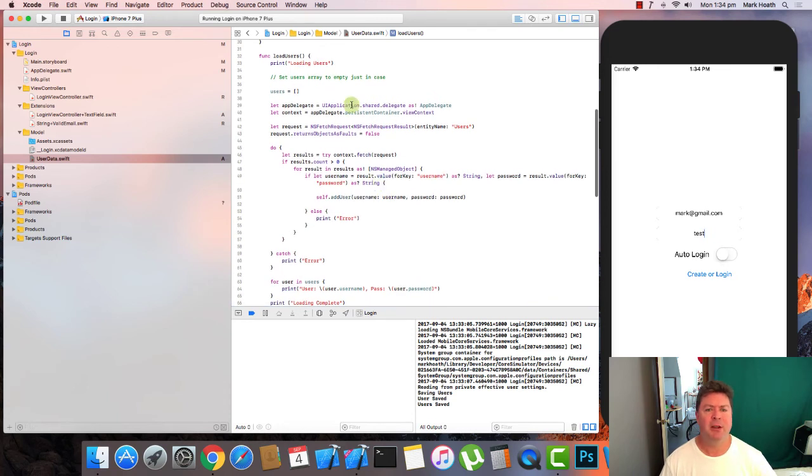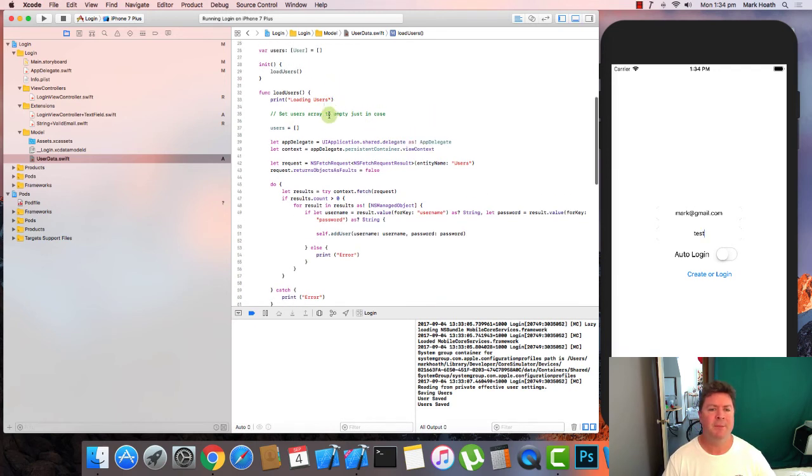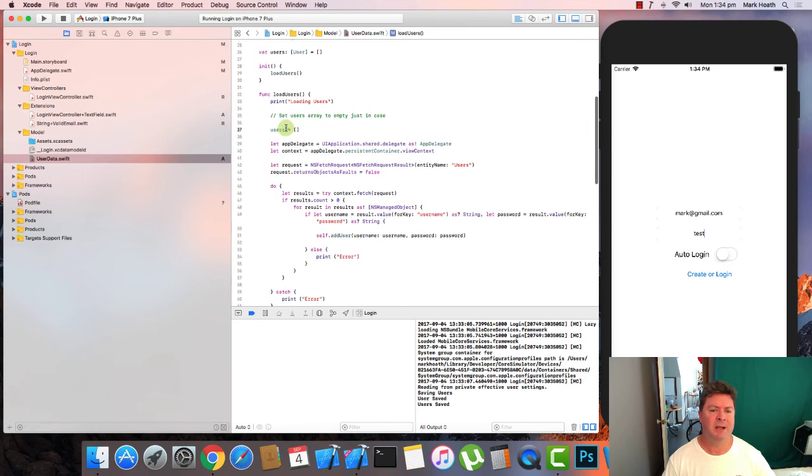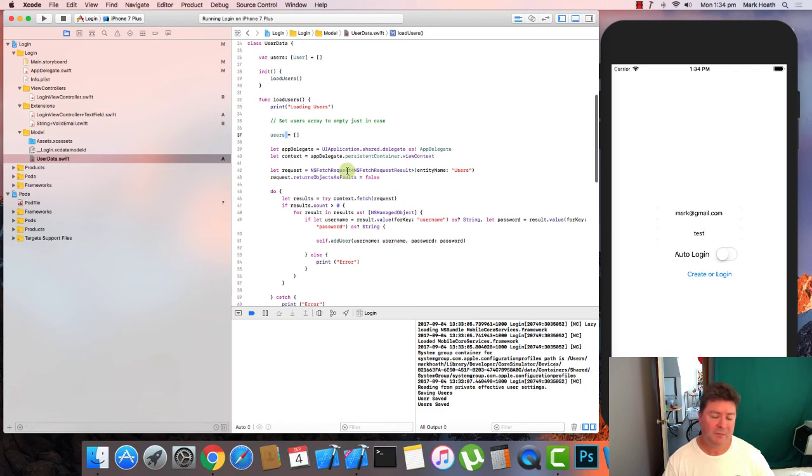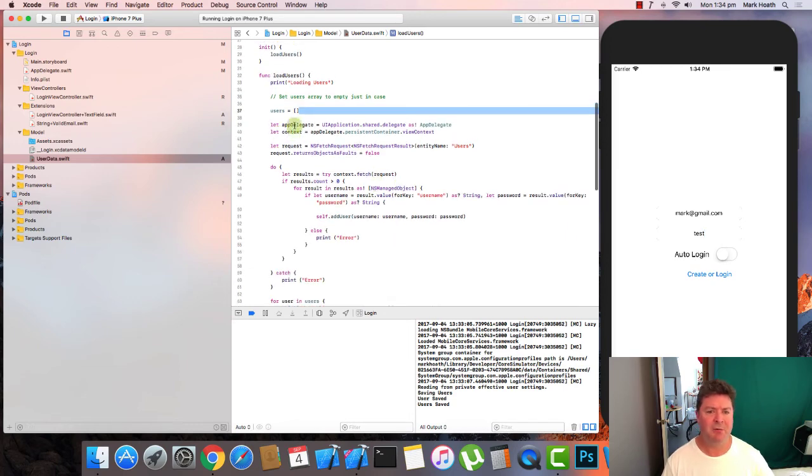Okay, so with loading users, it's pretty similar to saving users. We've got a print statement saying that we're going to load the users so we can track what's going on. When we're loading, just in case, I've set the users array to be empty. It might not be necessary, but it might be in the future, so just for safety I've put that in. Then we do our magic where we get the app delegate